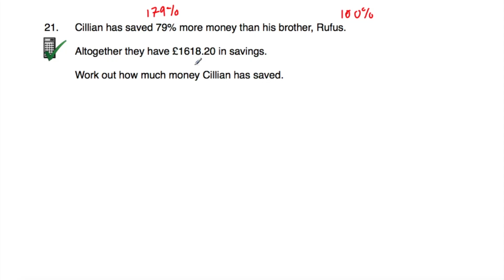Now we're told that altogether they have in savings £1,618.20. So that means if we add up Rufus's savings and Killian's savings, altogether that would be £1,618.20. So let's add together these percentages. So 100% plus 179% would be 279%. That's their savings added together. And that's equal to